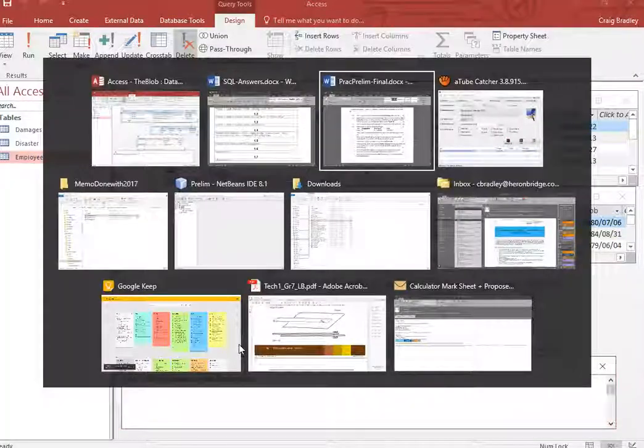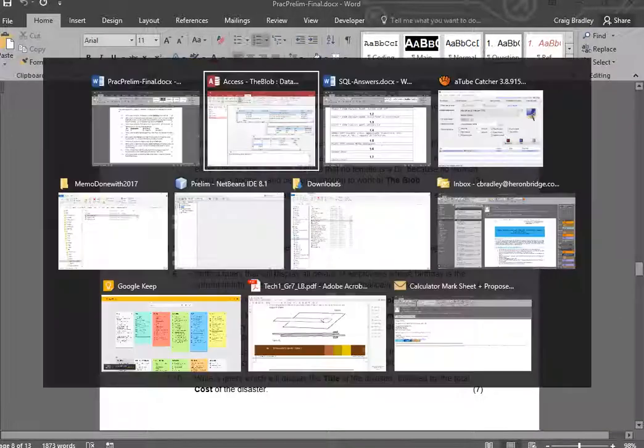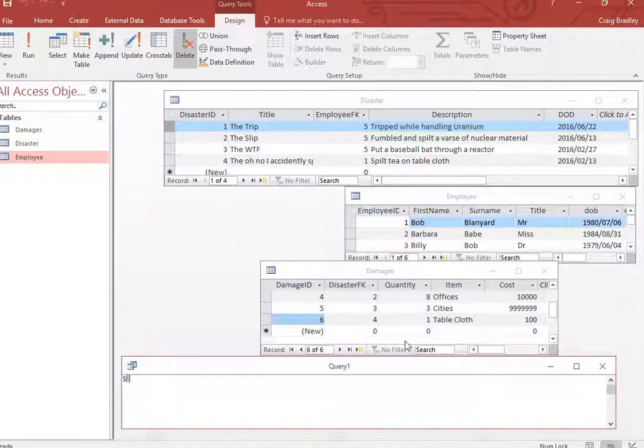Next one, 1.6 states: write a query that details employees whose birthday is the current month. The current month should automatically update. So details whose birthdays are this current month. So we go select star from, yeah. If we accidentally delete our entire round of estimates, am I still allowed to ask for it to be read? Yes. Great, thanks. Delete star from employee where